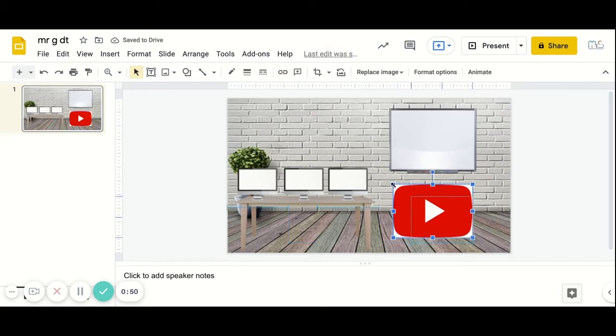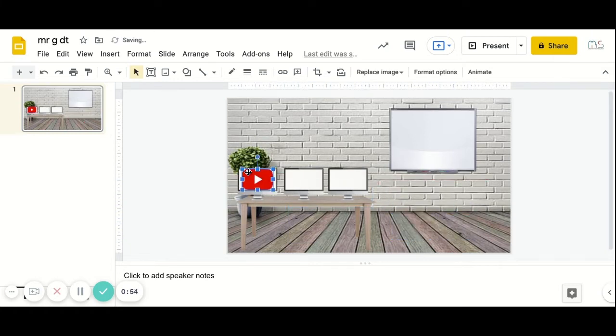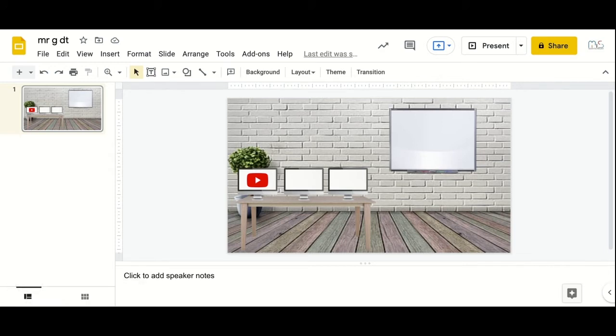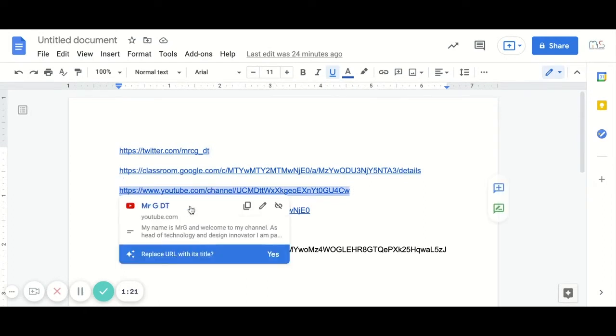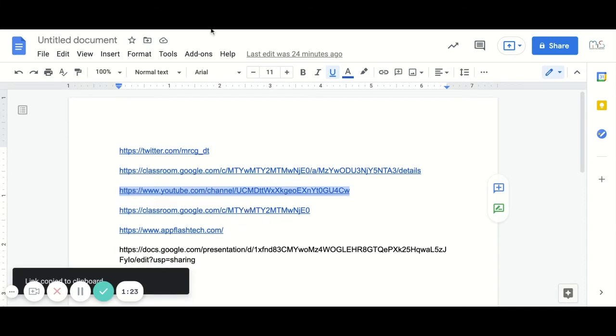Now, as I said, sometimes what I tend to do is pre-prepare the content. I'll have these images already gathered in a folder with the backgrounds taken off. I'll have the links gathered. I've already collated the links to my various sites in a Google Doc, so it's easy for me to copy and paste in. So here's my Google Docs. I'm going to gather the YouTube channel link like so. Copy that. Come back